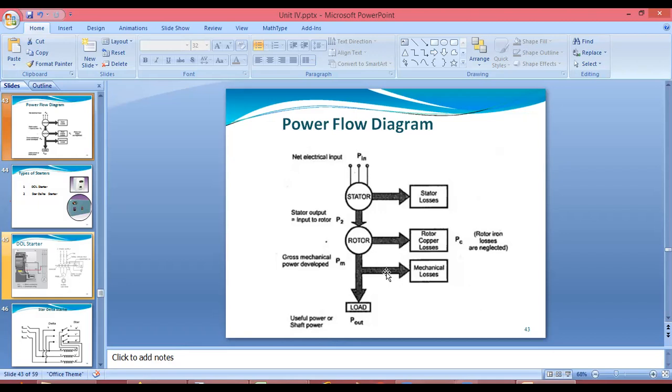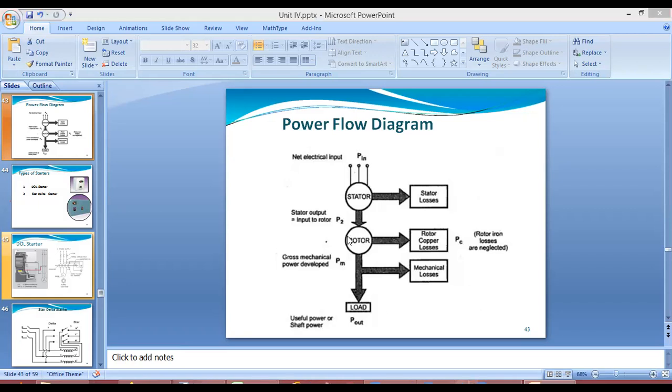So here we are saying during this conversion, when we are doing electrical to mechanical conversion, at that time the power flow will happen through different regions. So this power flowing through different stages is shown by the power flow diagram. As we know that we are giving input to the three-phase induction motor, that will be three-phase. So we are taking here three lines. We can give that input in star or delta connections.